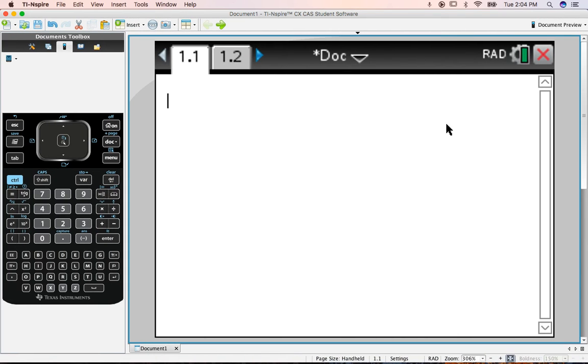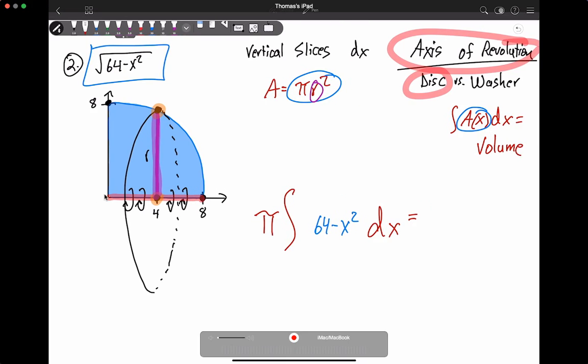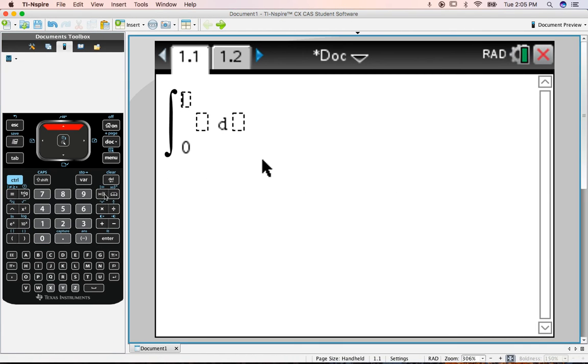So let's go to the calculator. Let's punch that in real quick. So we have the integral, and we do need our bounds, by the way. So let me go back to the picture. It's from 0 to 8. Okay, so vertical slices means from this vertical, x is equal to 0, all the way to x is equal to 8. So we're going to say from left to right, 0 to 8 are the limits of integration. Okay, so 0 to 8 of 64 minus x squared, and it's going to be with respect to x. So we have